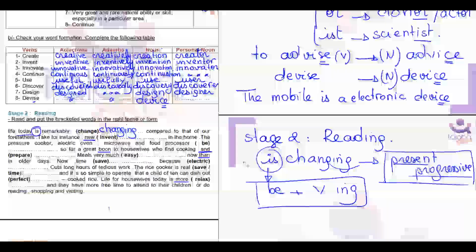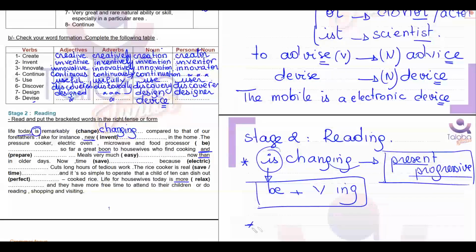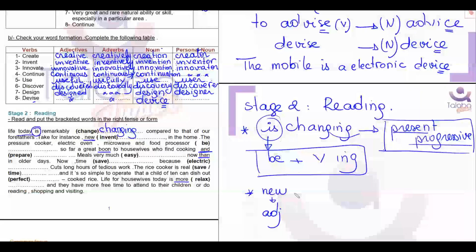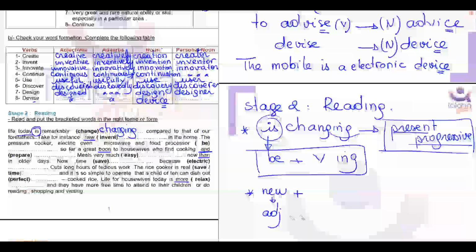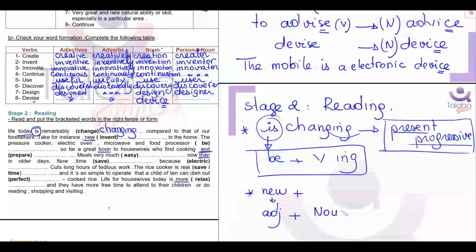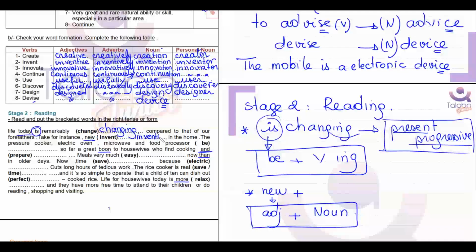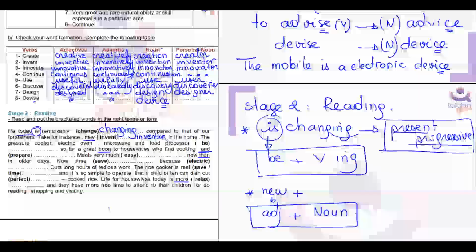Let's take an example. New. You have new, which is an adjective. After an adjective, you need adjective plus noun. After the adjective, you need a noun. What is the noun from invent? We have seen it in exercise B. Yes, good, Ranin. It's an invention. Good. New invention in the home,